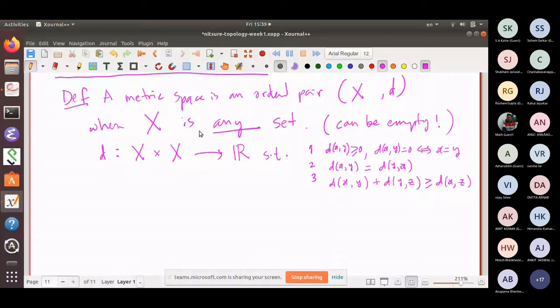Have I lost the connection? Okay. No, sir. No, I have not lost the connection. But have you used non-empty anywhere? Yeah,